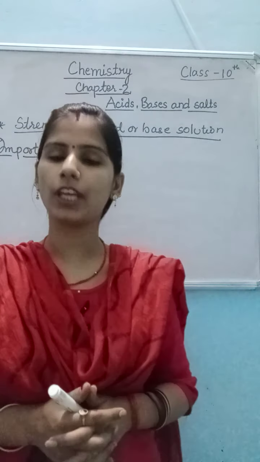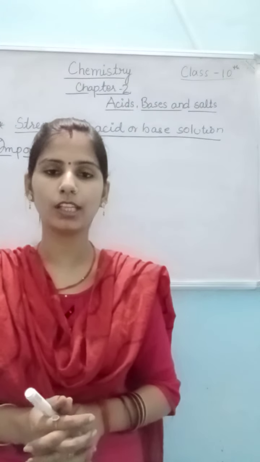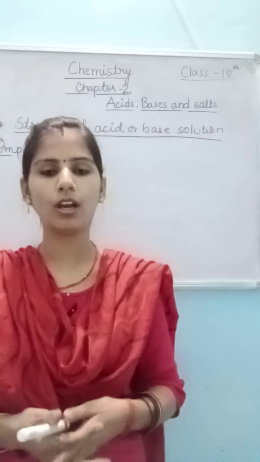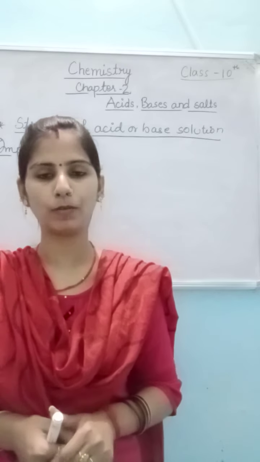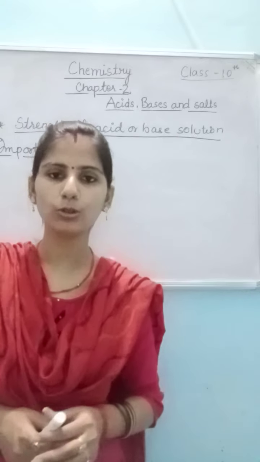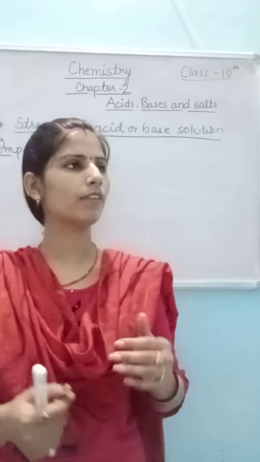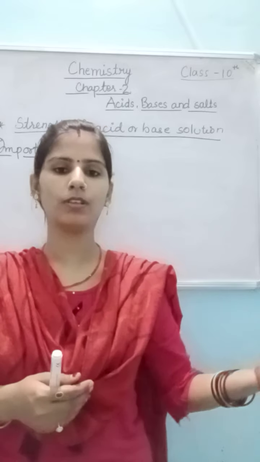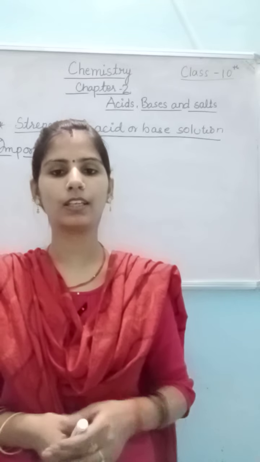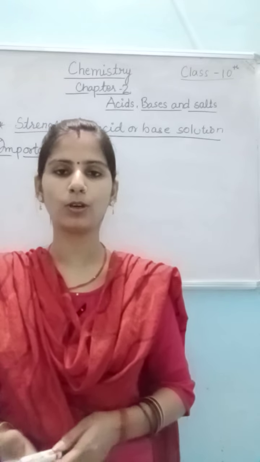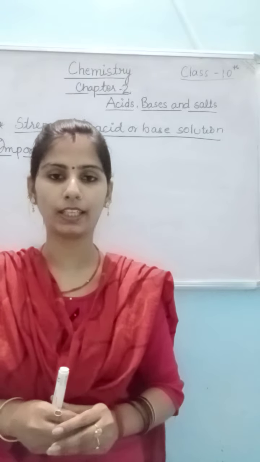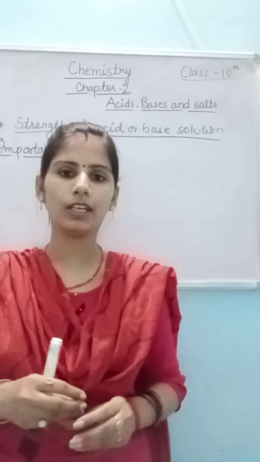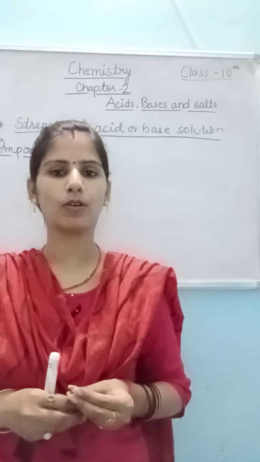Now we have to check, suppose we have to check what is the pH value of soil, or how we know what is the pH value of soil. For that we have to perform an activity. So students, suppose we have to check the pH of soil present in our backyard or in our street or in our colony. Simply we have to collect a small amount of soil from that area. We have to collect near about 2 to 3 grams of soil.